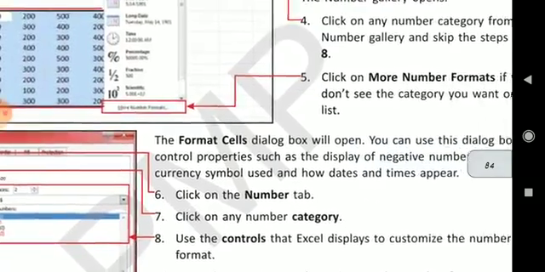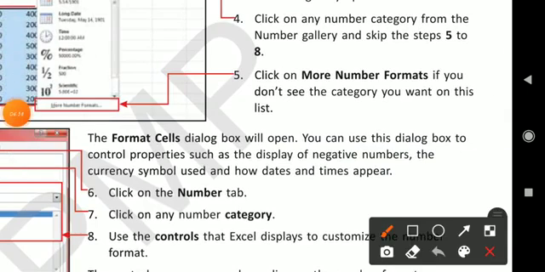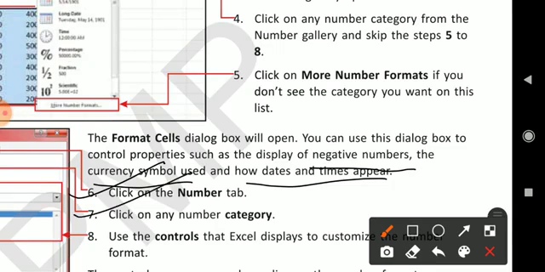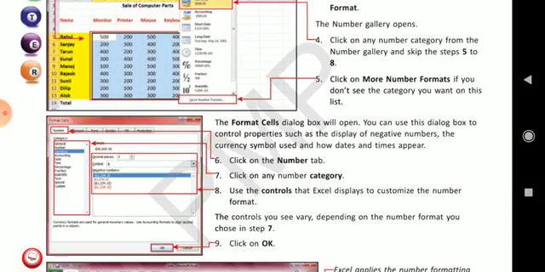The Format Cells dialog box will open, and you can use this dialog box to control properties such as how negative numbers and the currency symbol are displayed, and how dates and times appear. So click on the number tab and then click on any number, okay, and use the control to display. Customize the number format.